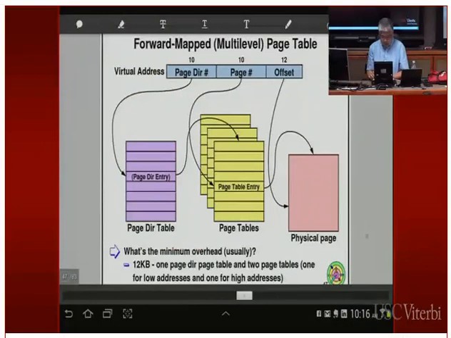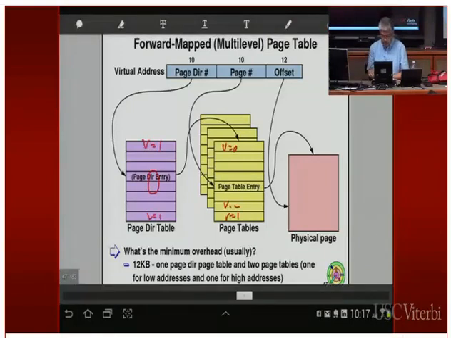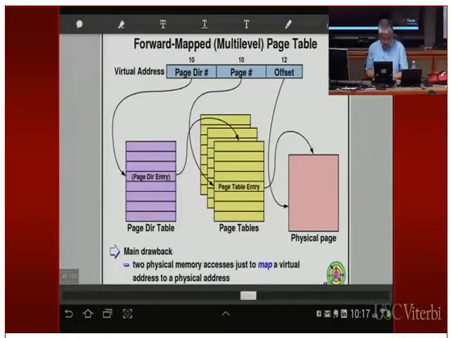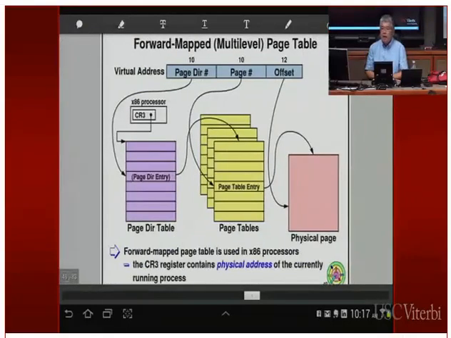Over here it says the minimum requirement is 3 pages, right? One for storing the page directory table, and the other 2 for storing the page table. Okay, so in this page table entry, the validity bit is going to be equal to 1, and then maybe some other entries with validity equal to 0. But in this page table, v is equal to 1, v is equal to 1, everything else is 0 over here, and they all point to invalid physical pages. Okay, so the main drawback is how slow this is.